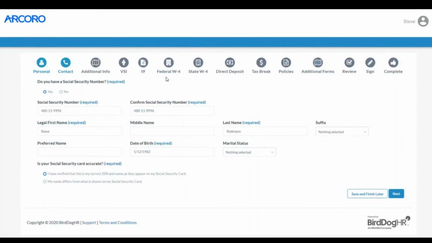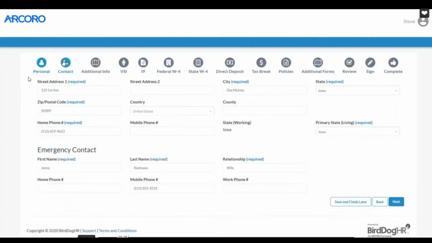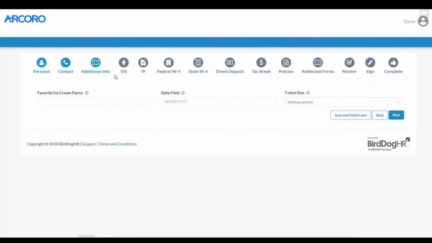So for those of you that are still doing this on paper, well, the challenge is this: it's hard to read their handwriting. You don't always get the data back that you want. You're not always getting the right forms completed or policies acknowledged. There's stuff missing. And then when it gets back to the office, well, now you've got to go chase that worker out in the field potentially. So we button that up by requiring the right data be entered. We also help them track their progress. As the new hire completes each step, gray turns to blue